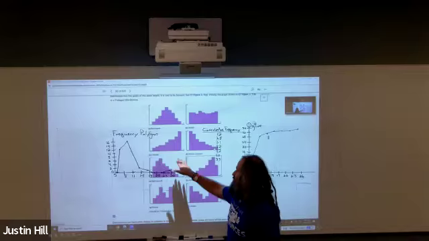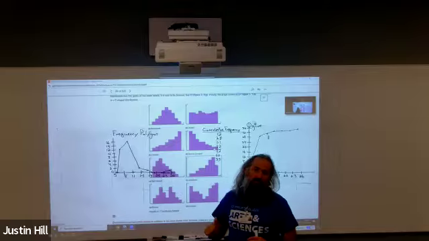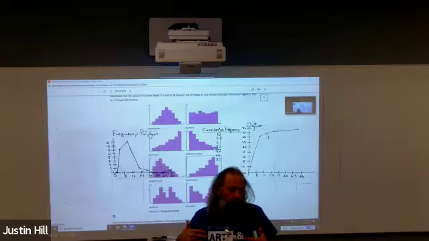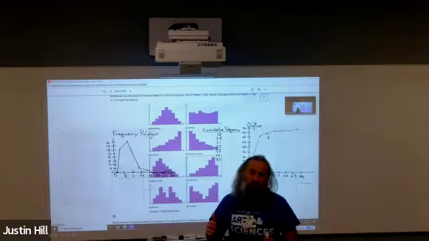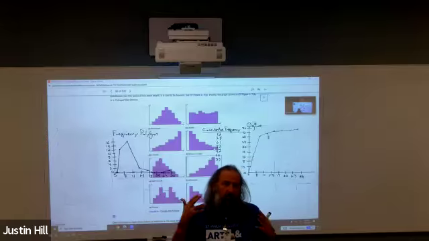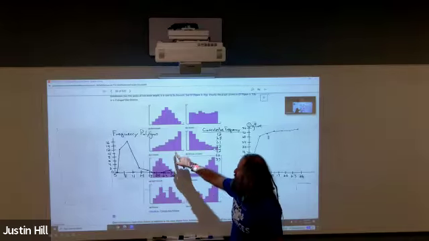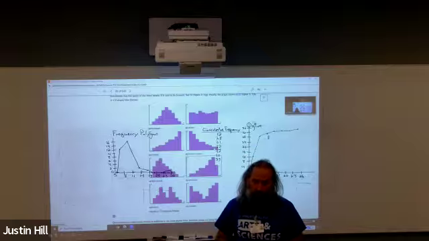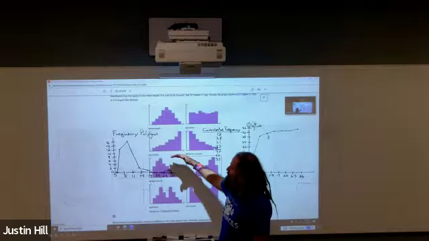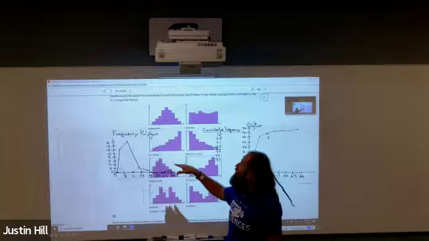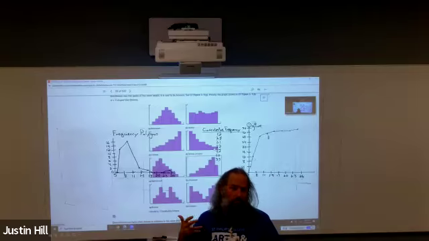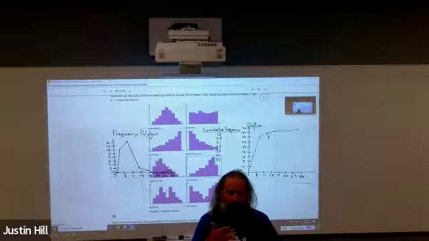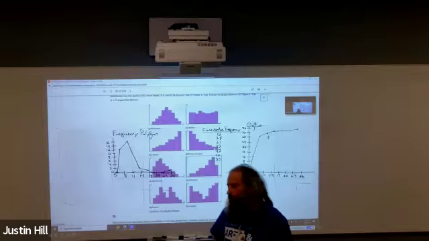Now, is it the first time I've seen these shapes? No. Is it the first time that I've noticed that a lot of the experiments that don't end up bell-shaped end up looking like this? No. I've noticed that privately to myself. I've seen enough research to see this shape a lot and notice that it comes up very often. But whenever this book was published, probably a couple of years ago, this then is the first time that anybody has given a name to that shape, that distribution of data that we all as researchers have seen often, right? So